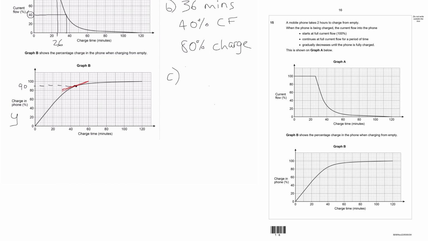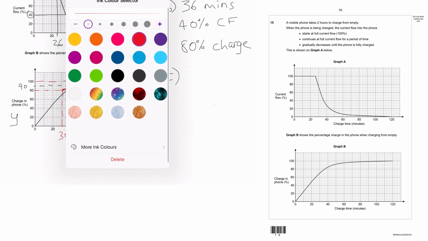So I'm going to choose this as my line, and I'm going to say this is tangent, as I don't have a ruler, but we can see here this is nice actually, because we have this point here which is at 30, we have this point here which is at 60, and then we can see, yeah, so we have some nice boundaries here. So if we remember, and I'm just going to switch back to black here,